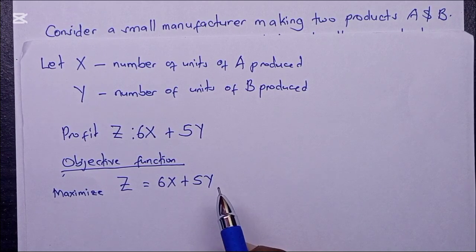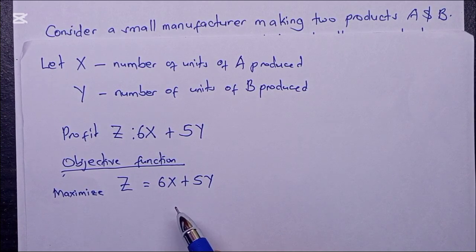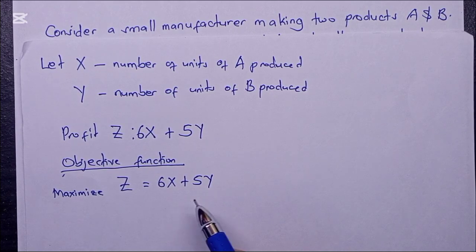Ideally, the manufacturer would like to produce as much of A and as much of B as possible, but the availability of resources will restrict him from producing the amount he wishes. So he has to put into consideration the amount of resources available. Since each unit of A requires one unit of resource 1 and each unit of B requires 1 unit of resource 1, the total amount of resource 1 required